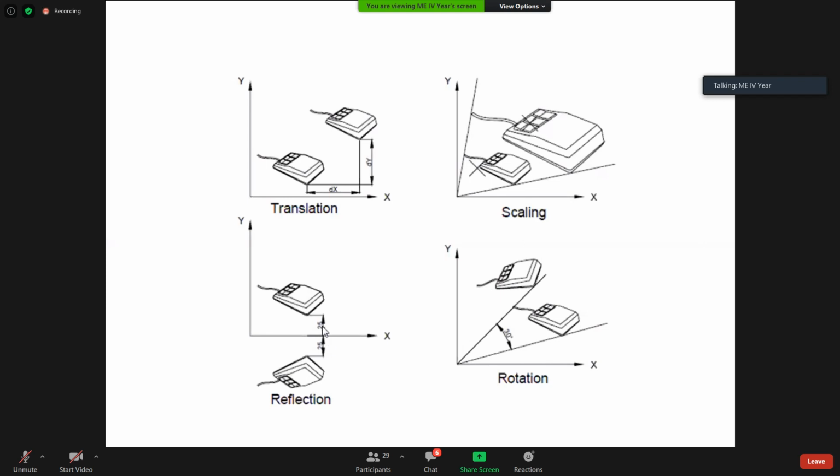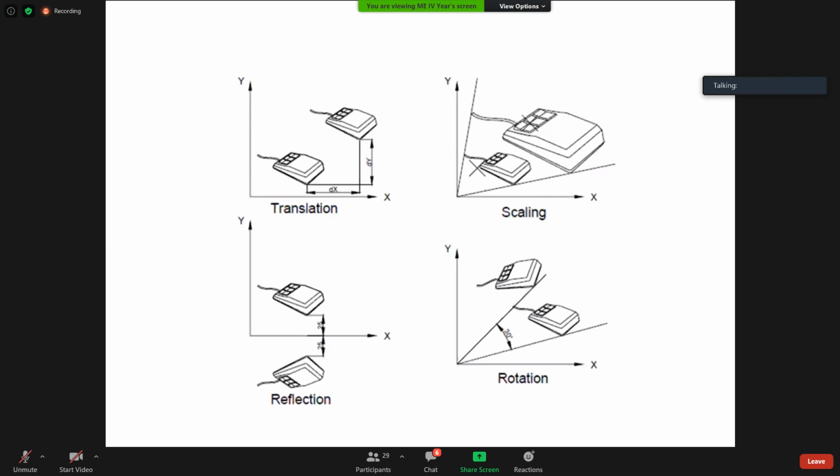The distance from the object to the mirror and from the mirror to the image will be the same. Look at the screen: if this point to this point is 30, then this point to this point is also 30. If it is 40, it will be 40. So every point is equidistant. Only then can you call it a reflection.